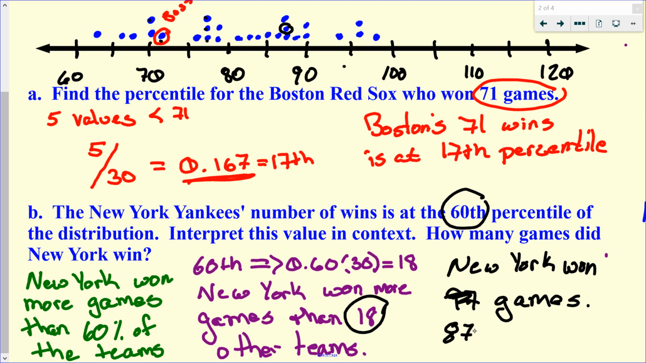And so that brings us to how to look at percentiles and calculate both directions. What is the percentile it is at? And what is,